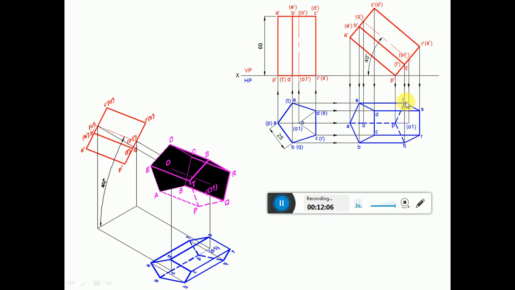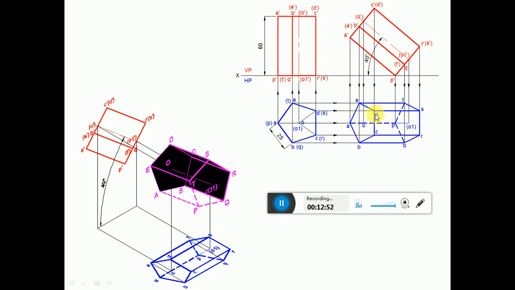Now we are going to apply the condition of visibility. The first condition is that all the exterior edges of the boundaries of the solids are visible. So since AB, BQ, QR, RS, ST, TE and EA are the exterior edges of the boundaries of the solids, they become visible. When you look from the top view, A, B, C, D, E is near to the observer, so it becomes visible. So join between B to C, C to D, D to E and E to A, that is already joined. So you're going to get all these points visible.